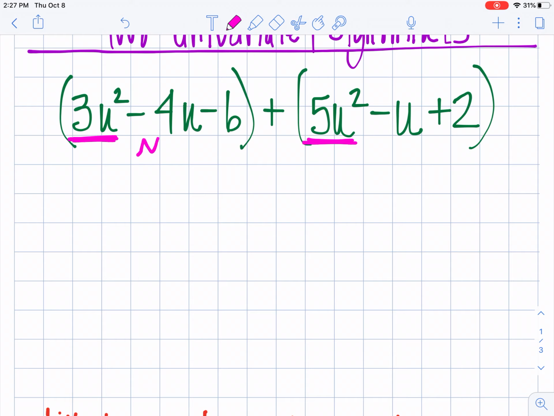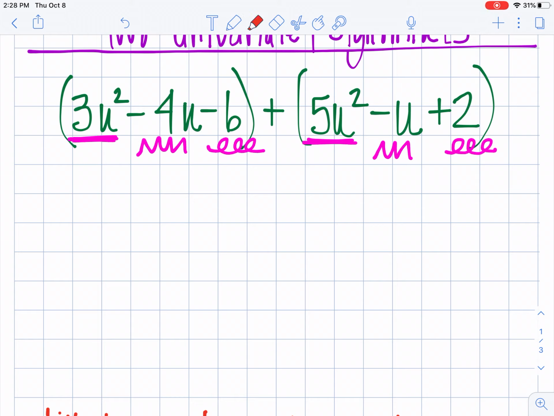So here I have u squareds, and here I have u's, and here I have constants. First I'm going to look together, and when we're adding or subtracting polynomials, we always want to put our terms in order of descending coefficients. So I'm going to start with my u squareds, and I'm going to look at my u squareds. I have my u squareds underlined, and to combine like terms,